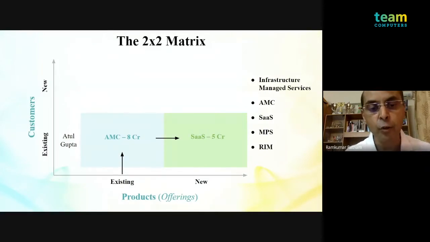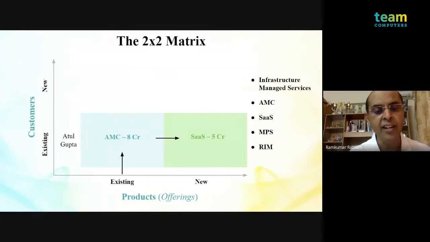So you leverage Atul Gupta, you have a past connect with him, you have sold AMC to him, you have a goodwill that is established. That gives you immense confidence to position SaaS, and you leverage your goodwill and relationship to enable your sale for SaaS in Maruti. And you close a SaaS deal of about 5 crore. As I said, if you look at the quadrant, it's an existing customer and a relatively new offering which has been introduced just about 6 months or 1 year ago. So I use this relationship of my existing base and I sell up and I end up selling SaaS.